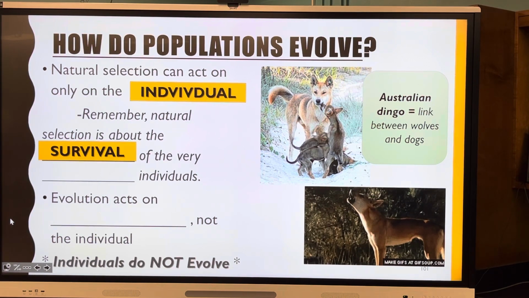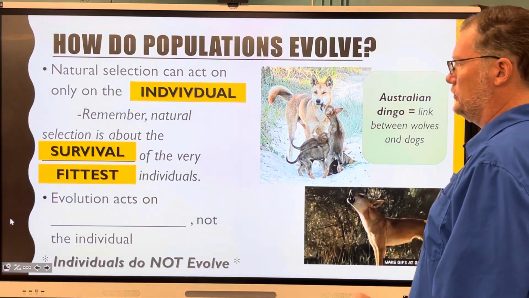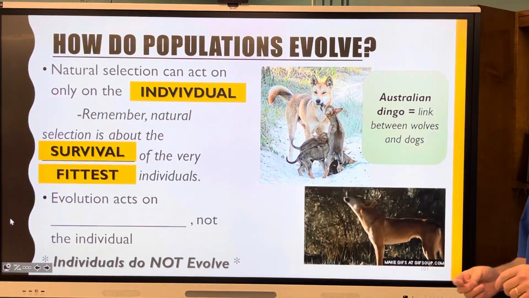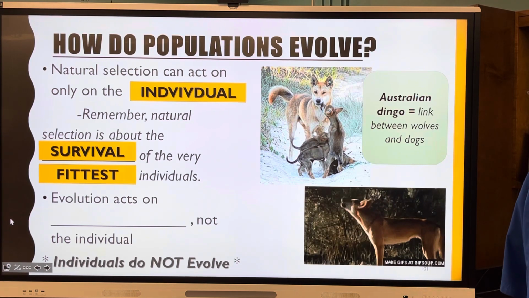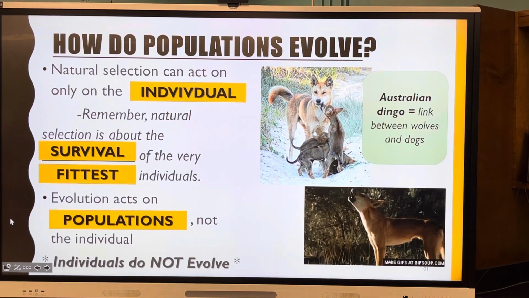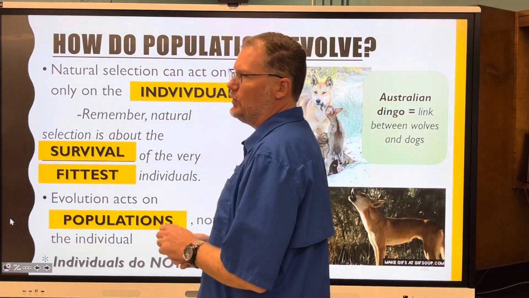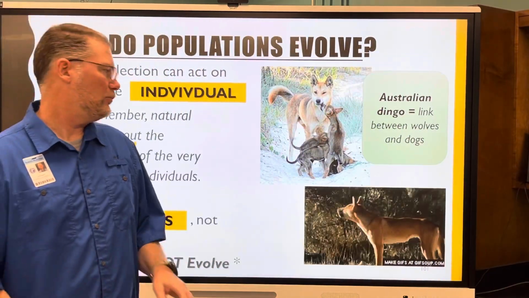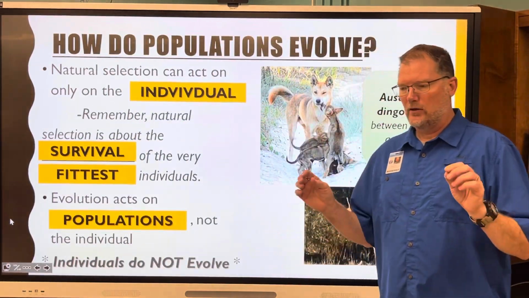It's about the survival of the fittest individuals. Evolution happens to a species. Populations, not individuals. So individuals do not evolve. We know this. And when I say populations, okay, let's imagine, we've had this before, you've got